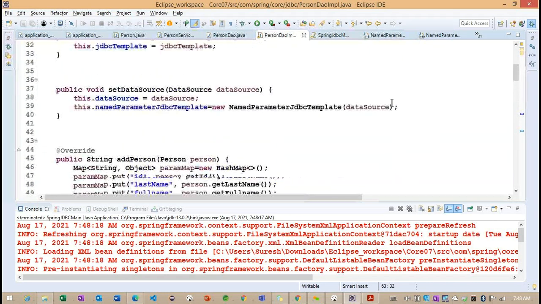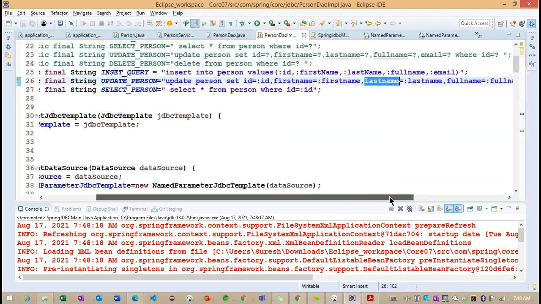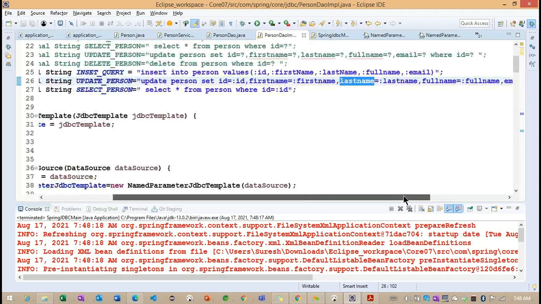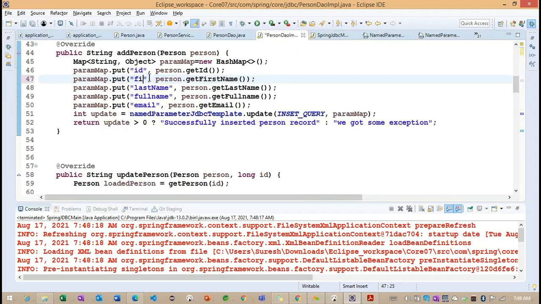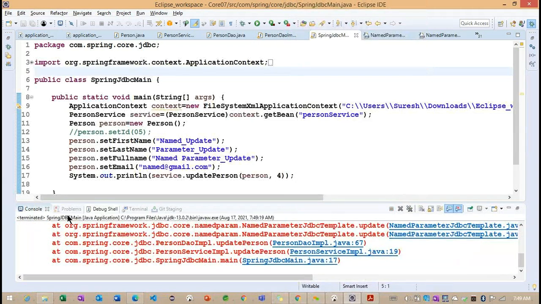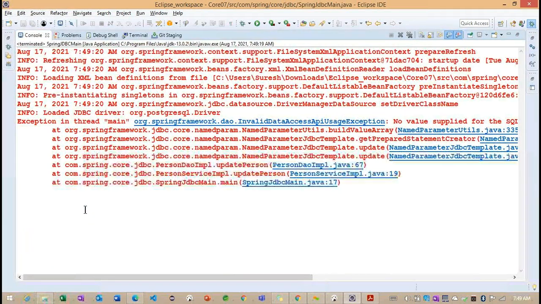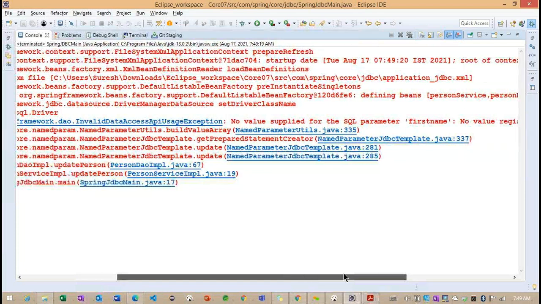What is the column name we gave here? Okay. So first name, last name, and all our names we have in small letters here, but we made them capital here. Okay, so this is an issue. Again, we'll try to run the same example. Basically, this is the way we need to understand the exceptions and resolve the particular exception. Now, what happened here?